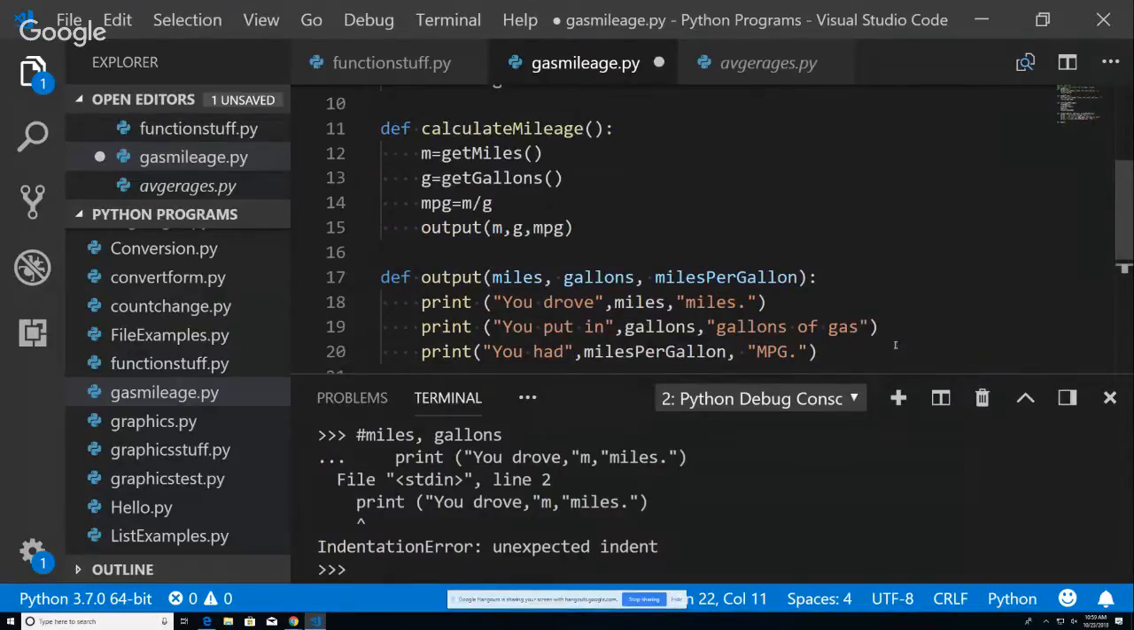Actually, the get miles gets called in calculate mileage, right? What you say makes sense, but because calculate mileage calls get miles, it calls get gallons, and it calls output. This is sort of the center of it all, right? Alright, so for each of the 3 lines under print,